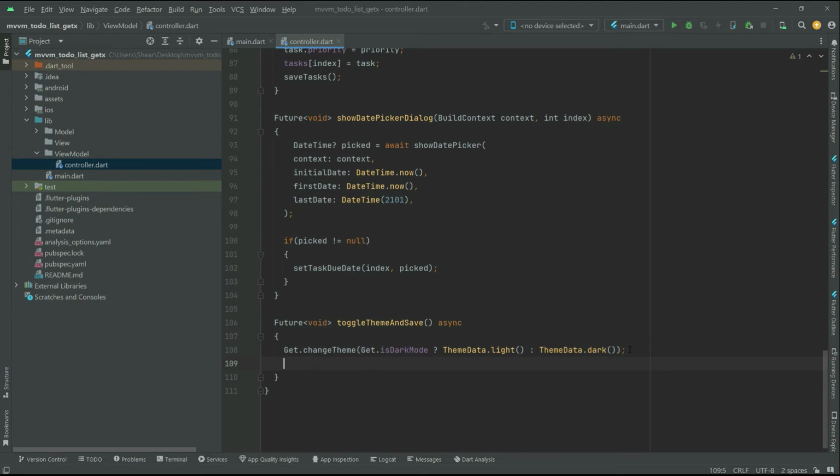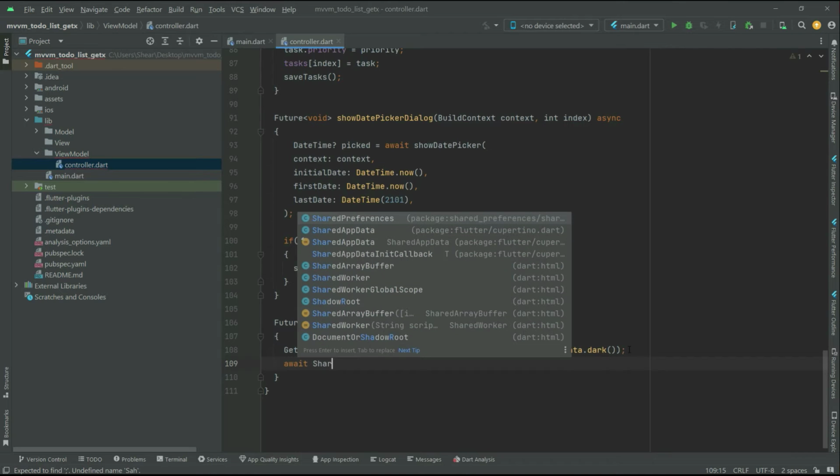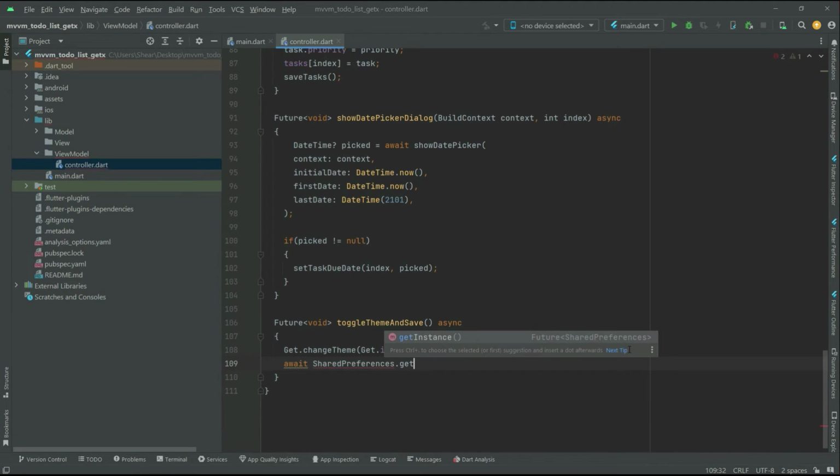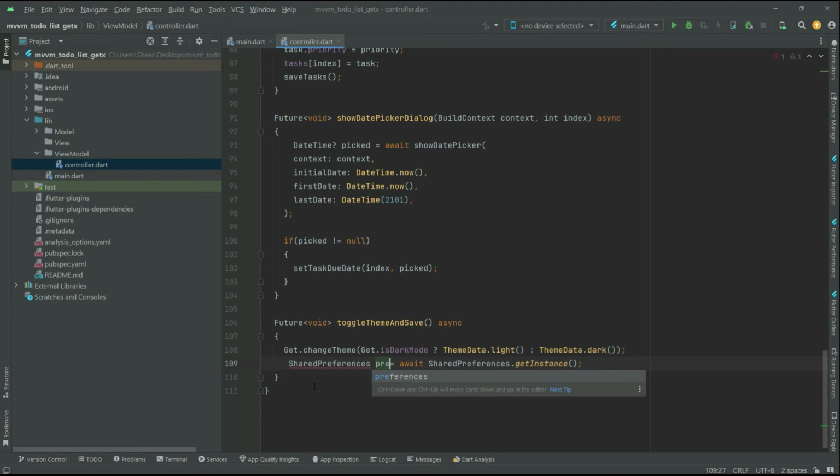Now right after that, in here first say await, since it's a future type asynchronous operation it will perform. So in here we say await, and then I'll have the SharedPreferences, let me just get the spelling right over here, and we'll just get the instance and a semicolon. Now what I'll do is assign that with an equals sign and store this. First let me create the SharedPreferences, we'll give the short name as prefs over here, and we just assign this instance of SharedPreferences to this prefs. Okay, now